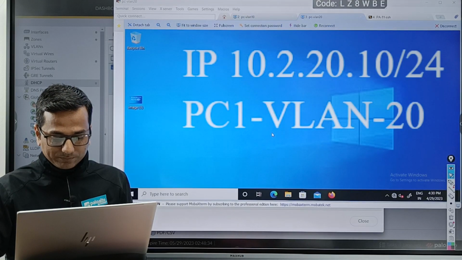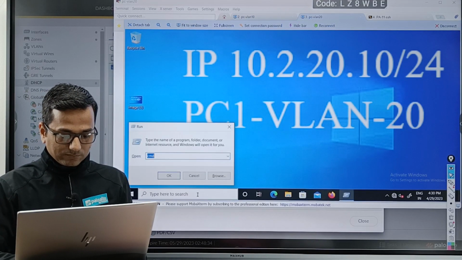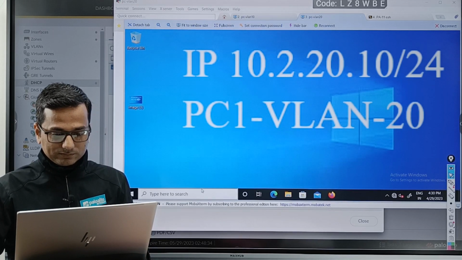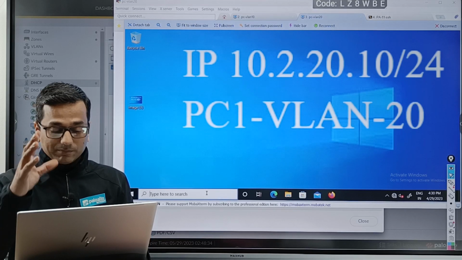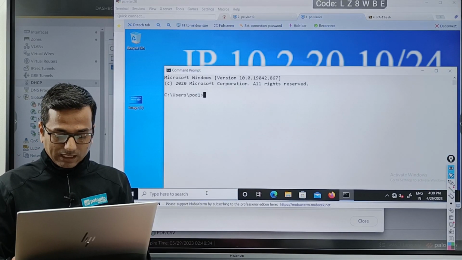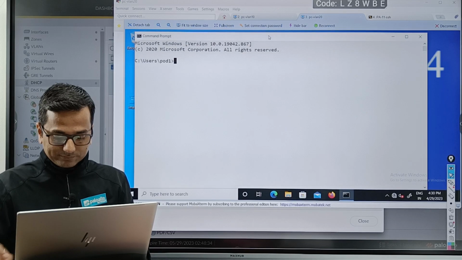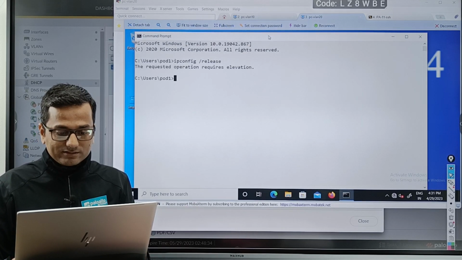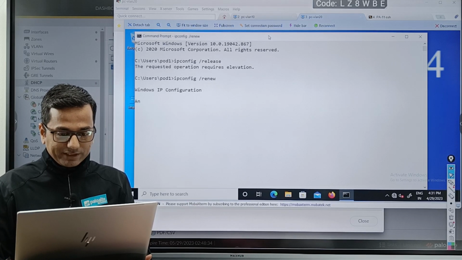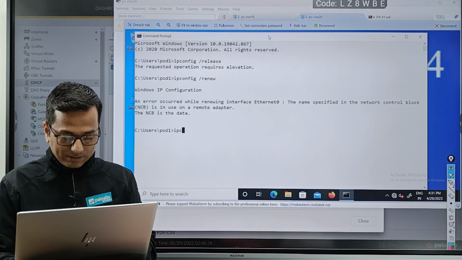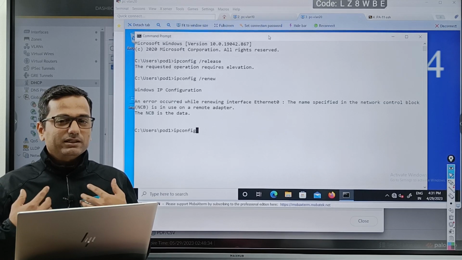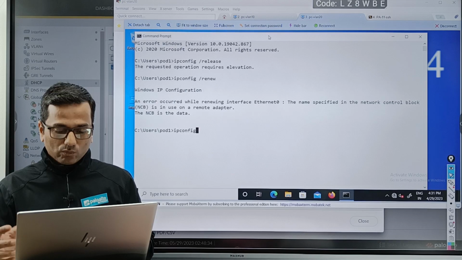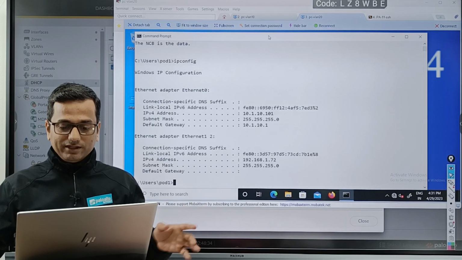Go to machine 2, ncpa.cpl. I don't know, this machine has some issue. ipconfig /release and /renew, no problem. ipconfig. I'm expecting this machine should get the IP address 10.1.10.101. Enter. Here you go.